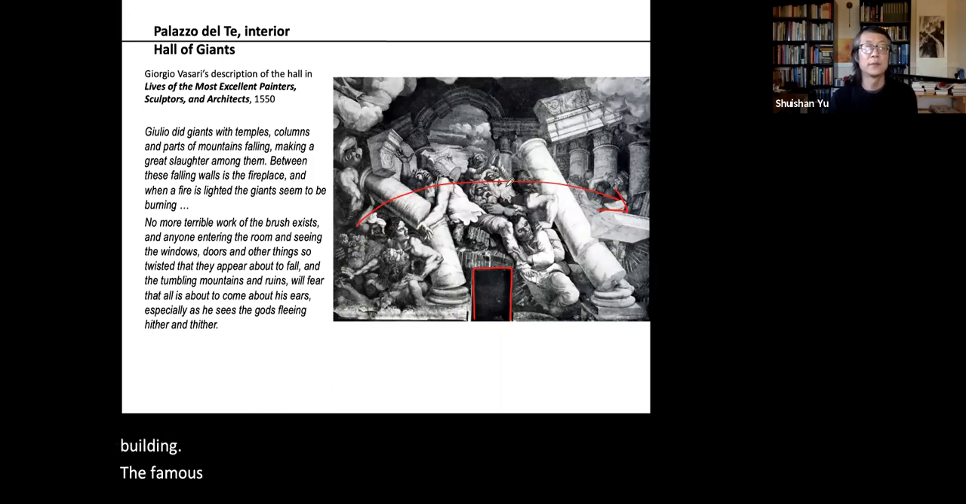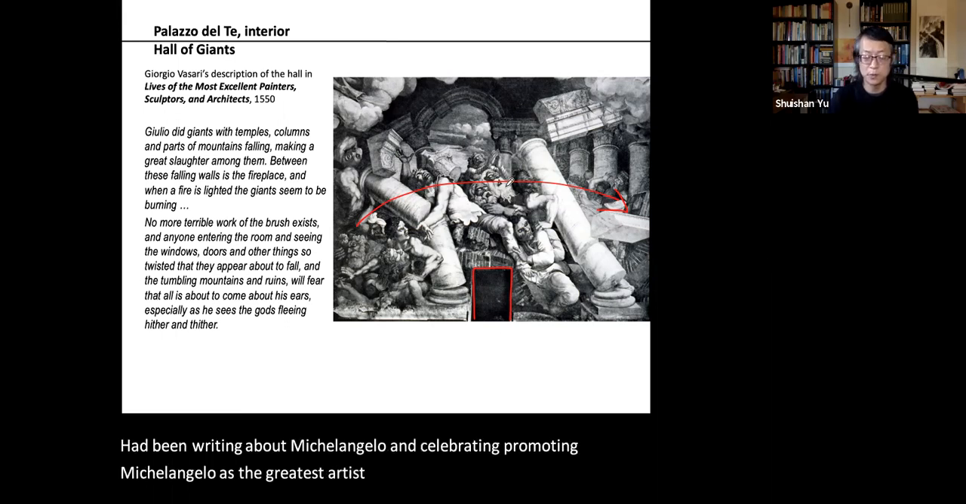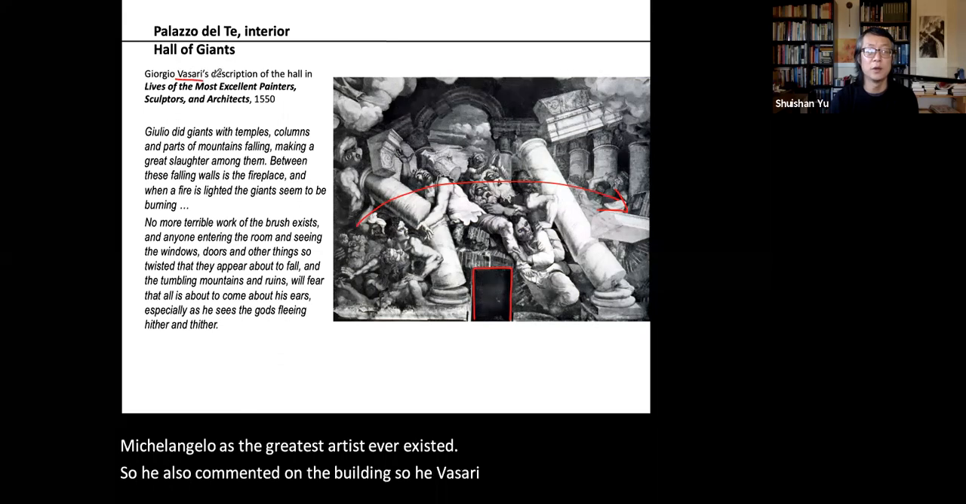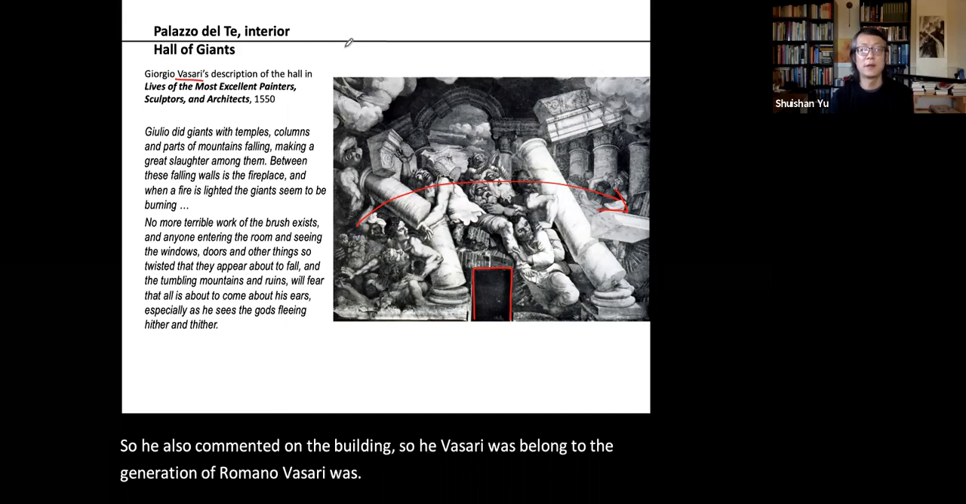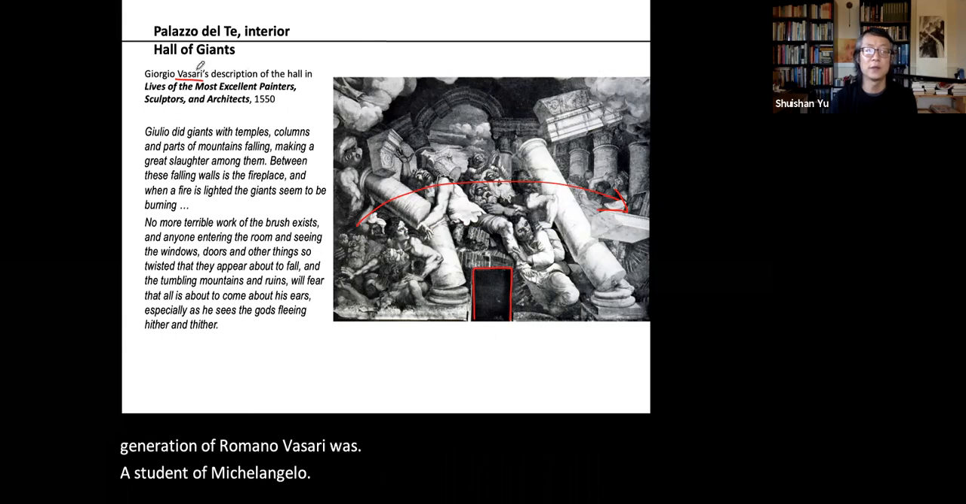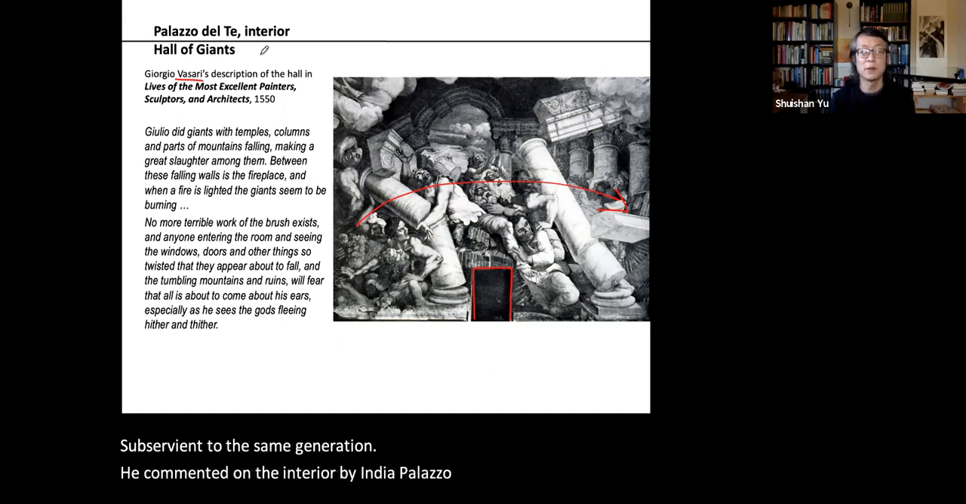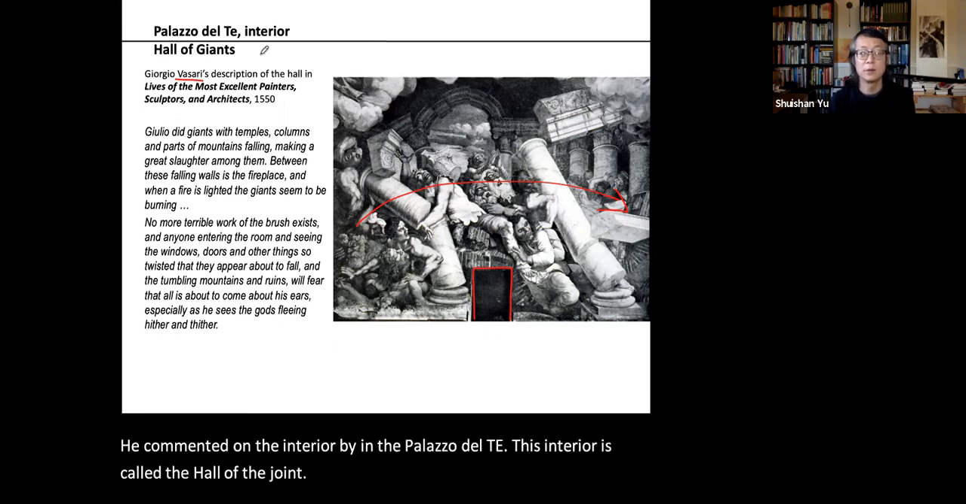The famous art critic Vasari, who had been writing about Michelangelo and promoting Michelangelo as the greatest artist who ever existed, also commented on the building. So Vasari belonged to the generation of Romano. Vasari was a student of Michelangelo. So they belong to the same generation. He commented on the interior in the Palazzo del Te. This interior is called the Hall of the Giants. He talked about the mural